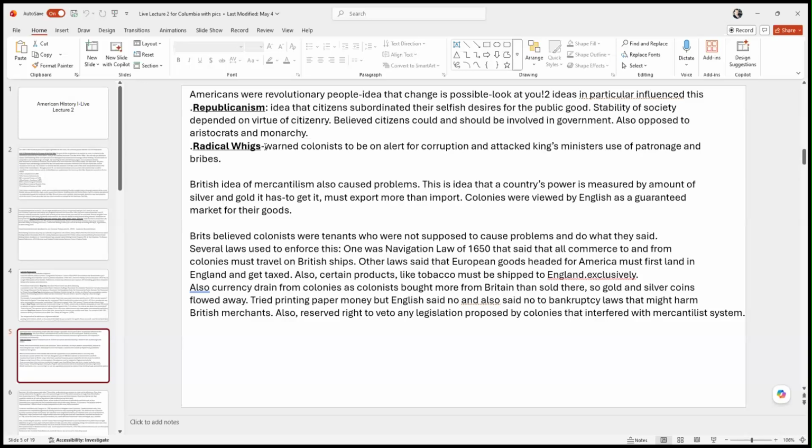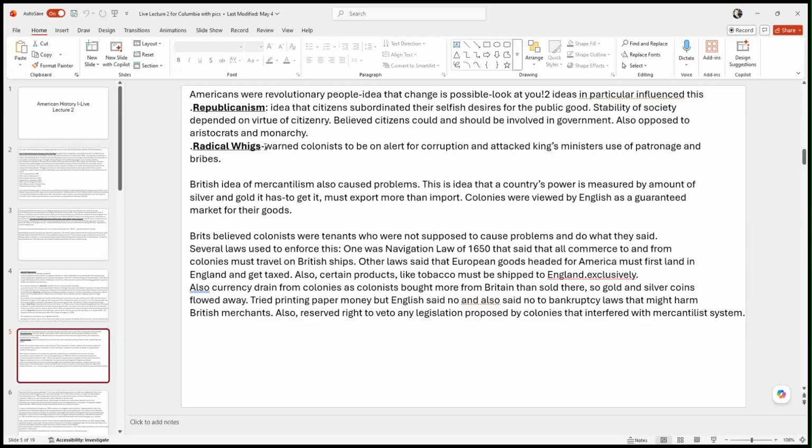And the economic idea that's important to understand for the revolution is something called mercantilism. Okay, so mercantilism is not really around anymore. It kind of died out at the end of the 19th century, but it was really popular for a while there. And the basis of mercantilism is measuring the power of a country by the amount of silver and gold that country has been able to stockpile. So if you're a mercantilist and you're in charge of a country, you're going to try to put policies in place where you can sell a lot more stuff than you buy. And you can accumulate silver and gold, get it in your treasury, and that's basically how you'd measure your power.